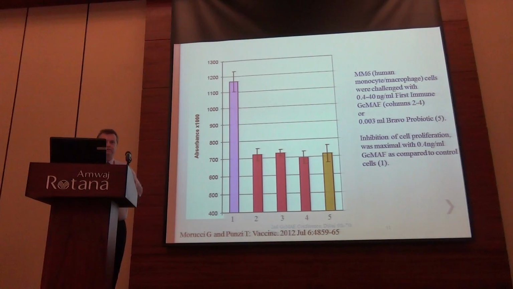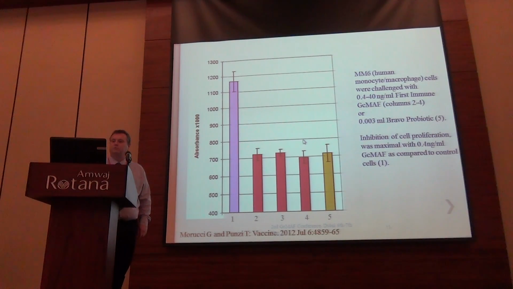I've included this because this is with our collaborating group in the University of Florence. They use a different macrophage cell line. They use MM6, and it's interesting to know that their results, in a slightly different manner, are all very similar to what we would expect in the retardation of proliferation. And it's also quite good to include this one here, which is the Bravo probiotic, which hopefully somebody will get a sample of, because it shows that this is also active even in the yogurt.